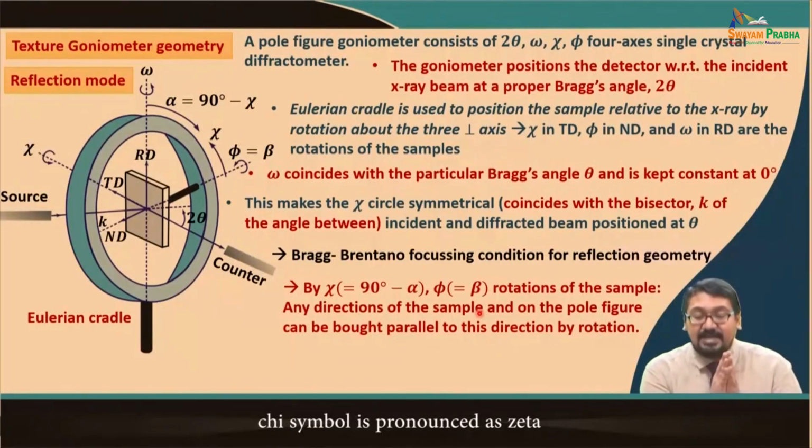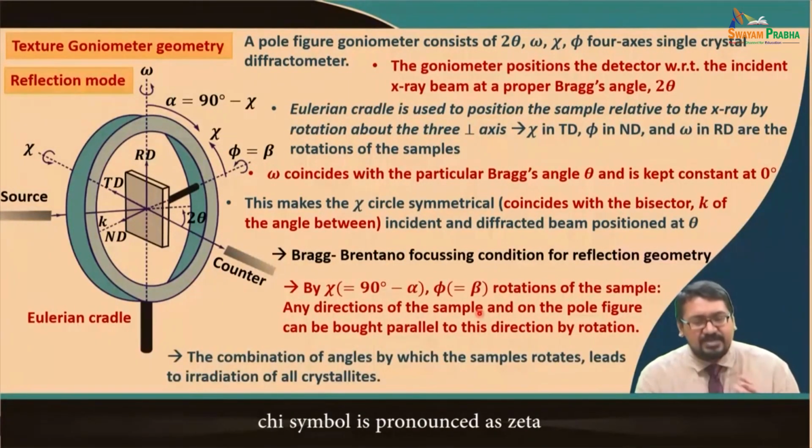Or you can say that the poles of the pole figure can be brought parallel to the direction by this rotation. So, a combination of angles by which the sample rotates, mainly alpha and beta,